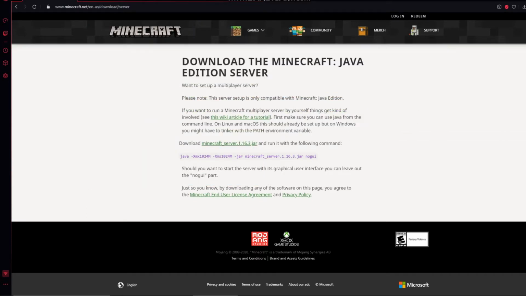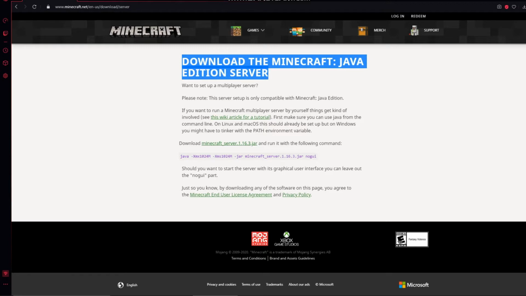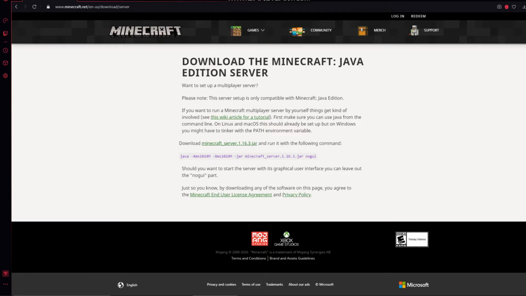Alright, so the first thing you're going to want to do is to go to this link. I will leave a link in the description to this. It is basically a Minecraft.net server download. So this is directly from Minecraft. It's fully secure. And the problem with this is that it won't list past versions. Let's say you want to make a 1.8.9 server. Let's say you want to make a 1.14 server. If you want to do this, then you're going to go to